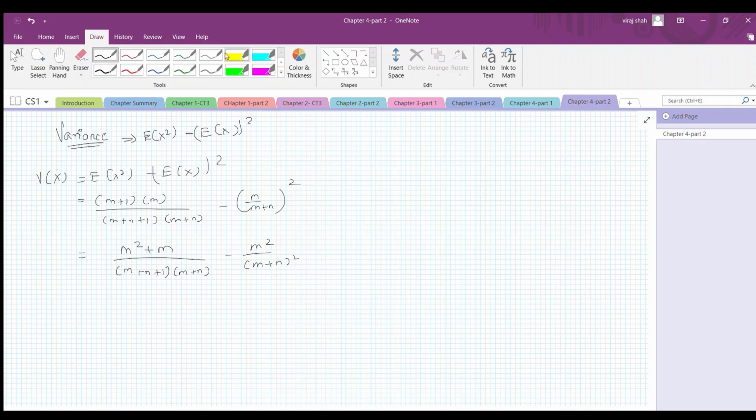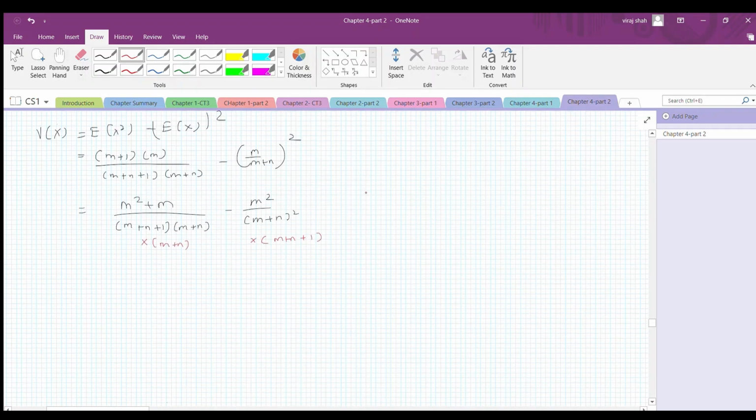So now in order to make the denominator common, what will I do? I can multiply this term by (m plus n) and this term by (m plus n plus 1), right? So I get my answer as nothing but (m square plus m) into (m plus n), minus m square into (m plus n plus 1)